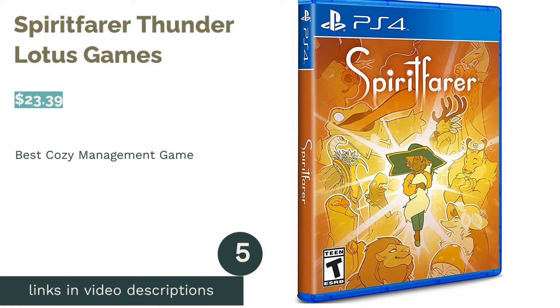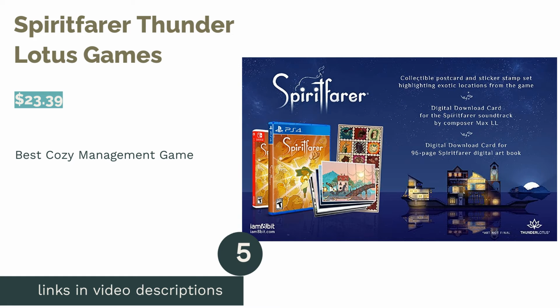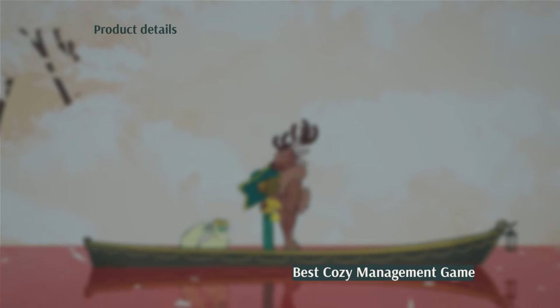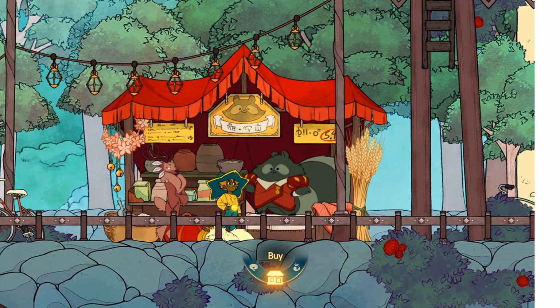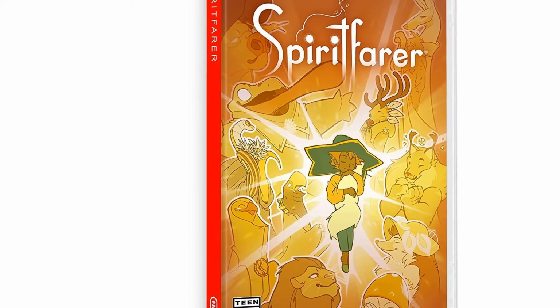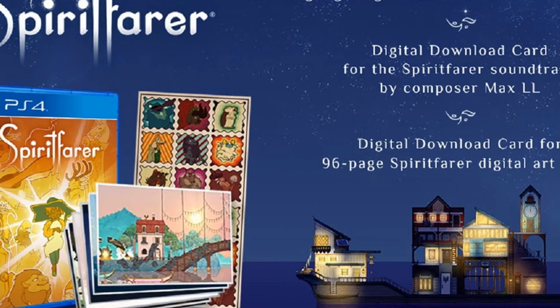The next product in our list is Spiritfarer, Thunder Lotus Games. Pros: unique, atmospheric world. Calm, relaxing gameplay. Addictive exploration and crafting. Emotional afterlife-themed story. Cons: some reviewers felt there was too much grinding. In Spiritfarer, you and your friend play as Stella, the master of a ferry that guides the deceased to the